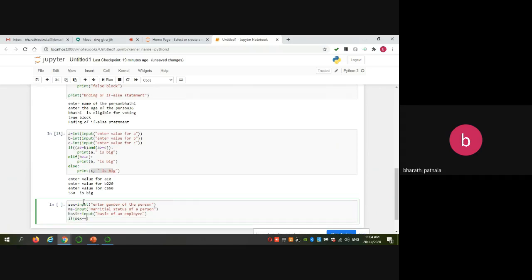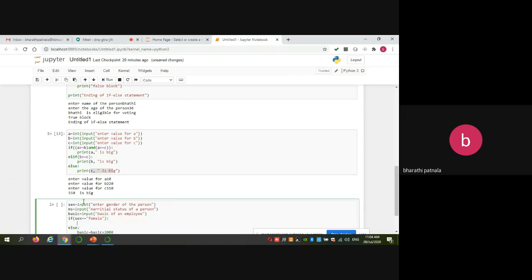If gender is female, you have to do some statements here. Otherwise, you simply increment basic by 2,000. So if the person's gender is female, you do some statements. If the gender is not female, you simply give an incentive of 2,000.